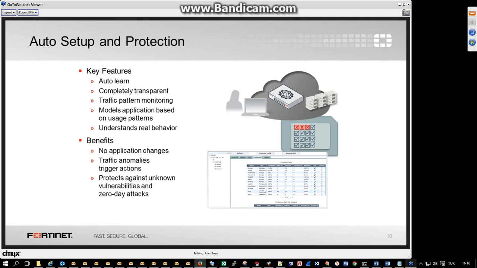What it does really is, once you install FortiWeb in front of your applications and configure the applications on FortiWeb, it starts looking at traffic flowing to the application, and based on a statistical engine, it will build a profile of allowed activities. What does that mean? It means that it will know exactly which URLs are being accessed on the application, for each URL, what parameters are being used, whether it could be a username or